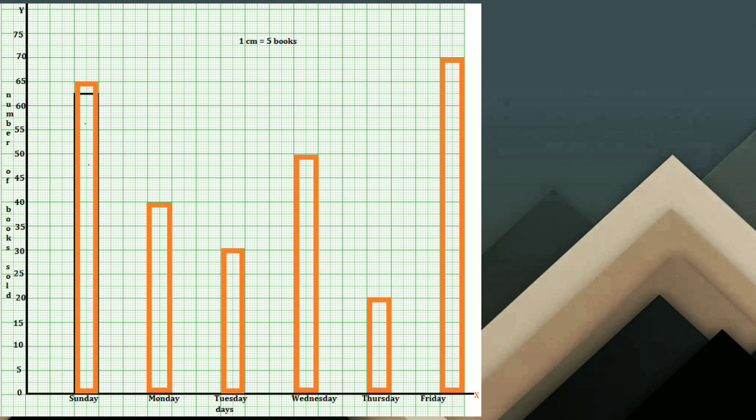But you remember that your bars have to be of the same width. Okay, the size, the width should not change, and you have to see that the space between them should be the same. So you can see here, this is the way the graph is prepared. I hope you have understood how to draw the graph. Okay, I have shown this with the horizontal and vertical arrangement also. So anyway you can choose it.